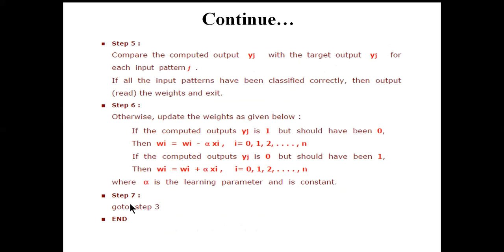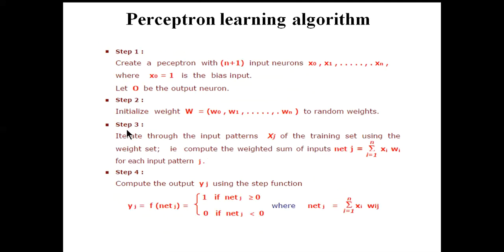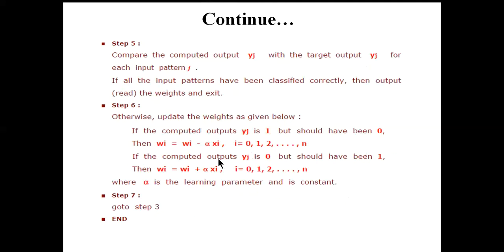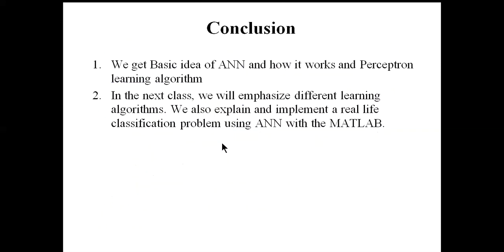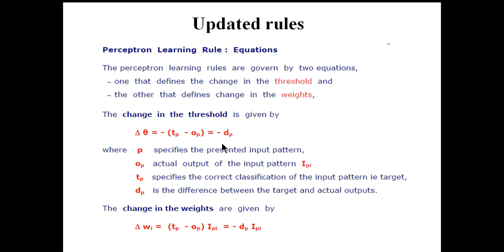Here you can see that after step 7 we have to go to step 3. After updating wi, again we calculate net j, and again we calculate whether the output will be 1 or 0. If it does not match, again we update it, but if it matches, fine, we stop there and show the corresponding weight values and output. At that point we can conclude that the neural network model has been trained, and that model can be used further for prediction or classification in future or for new training data.